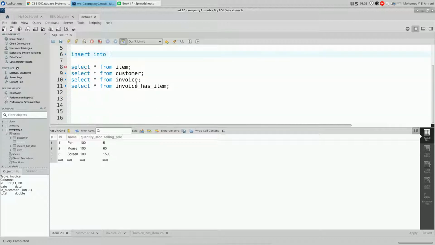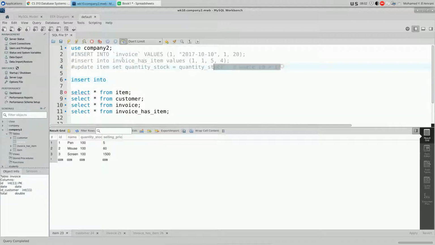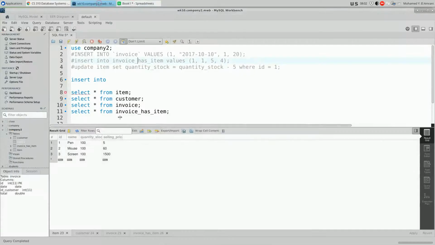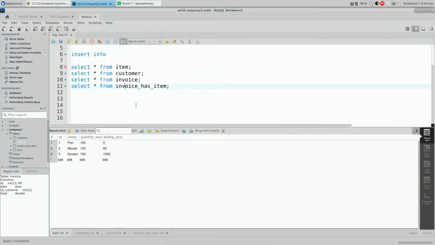I'm just trying to show you that this thing that we just did, we can duplicate that for every item that we have in an invoice. So we have this now. Our invoice was just having 1 item. Now I just would like to show what happens if I have more than 1 item, which means I need to insert